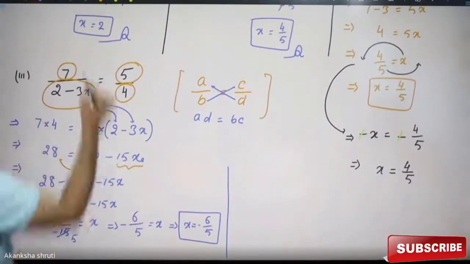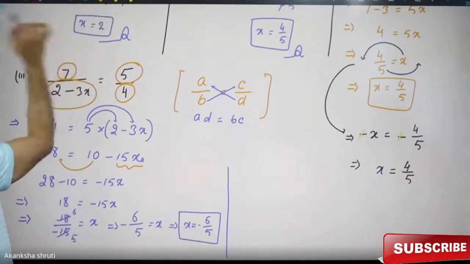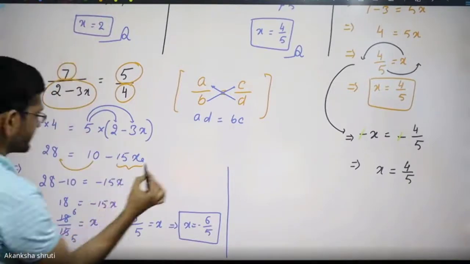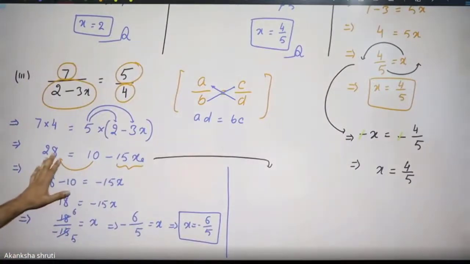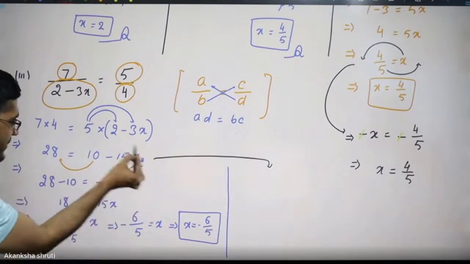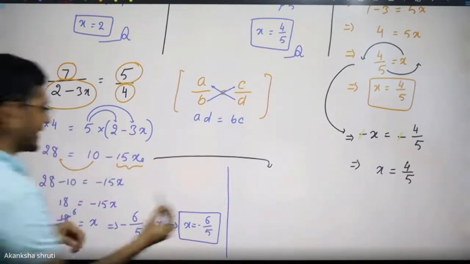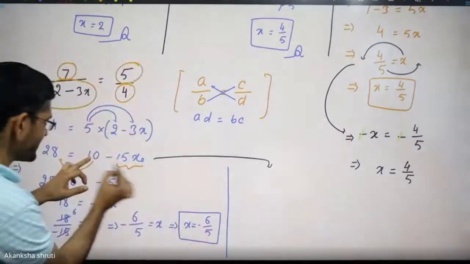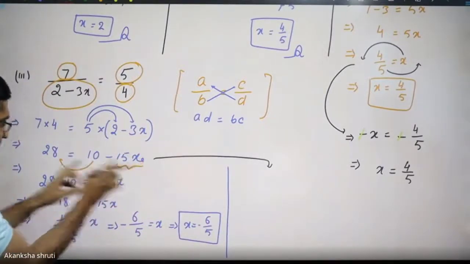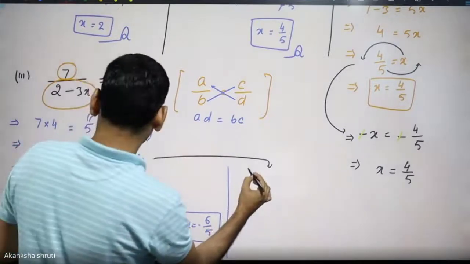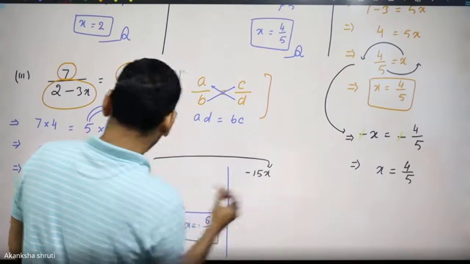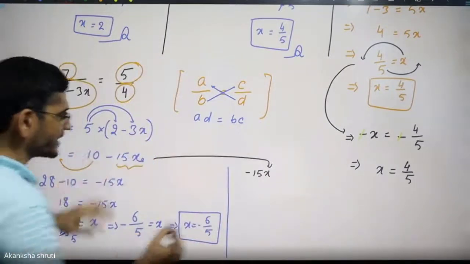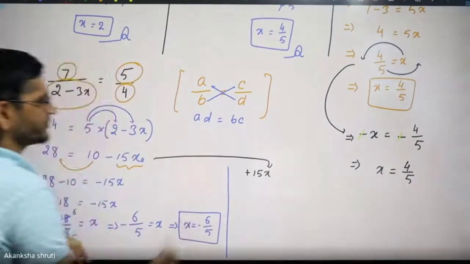Now, a student, here I want to tell you one more thing. From this step only, many a time we are taking a different approach. We may keep this 10 on the right hand side, or we may bring this variable on the left hand side. That is also okay. So this variable 15x is on the right hand side. Bring it on the left hand side. It becomes minus of 15x, which was on the right hand side. So bringing it on the left hand side, it becomes plus of 15x.